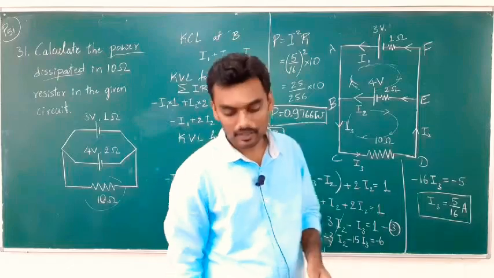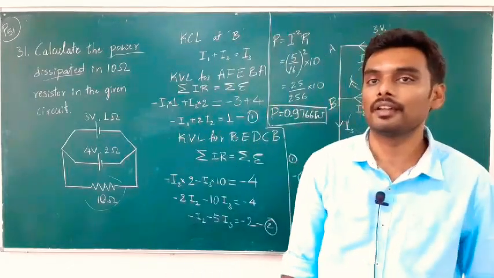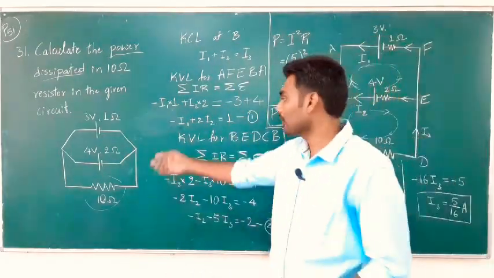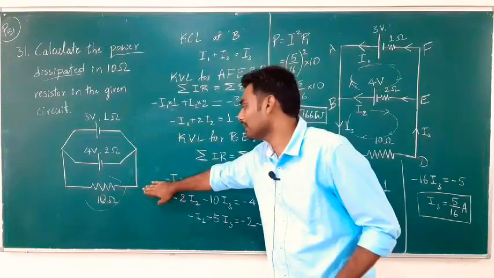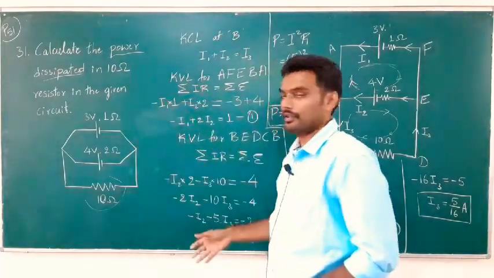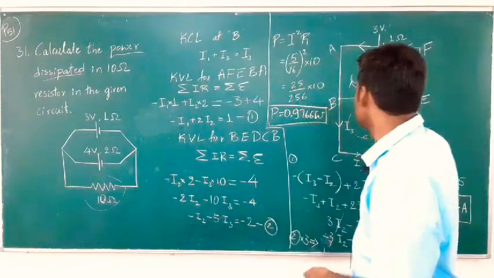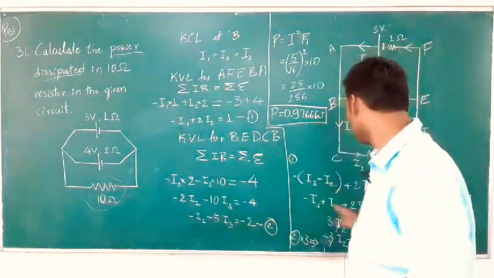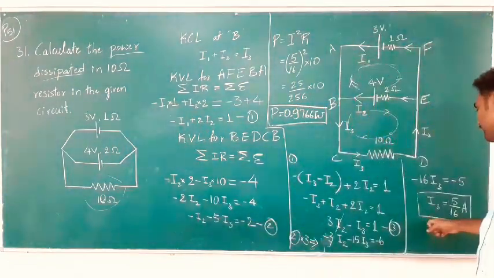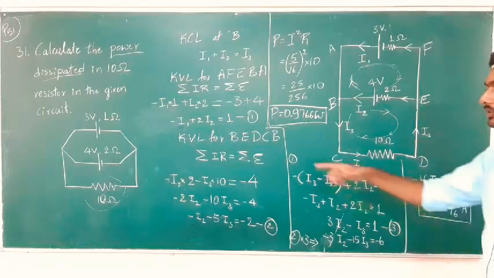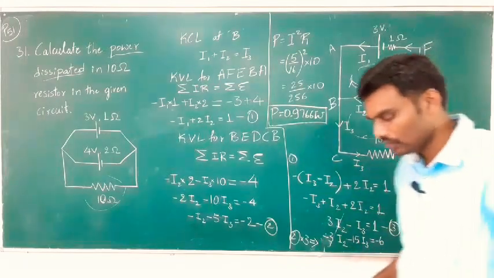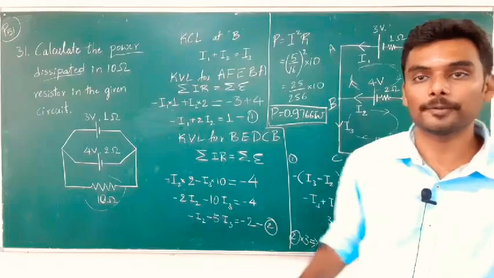Now what we obtained is using KVL and KCL. But again, as I say, you can make use of combination of cells and get the final current and check. You should get the same power dissipation, or at least you can come till here. You should get the same current through the resistor when you make use of combination of cells.